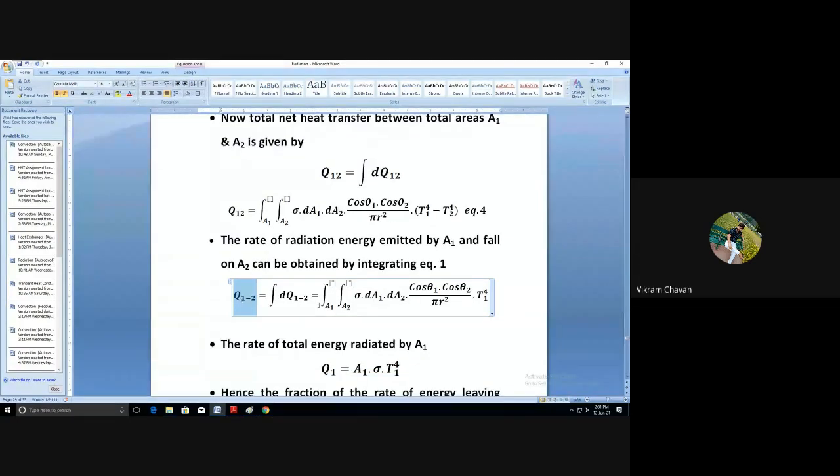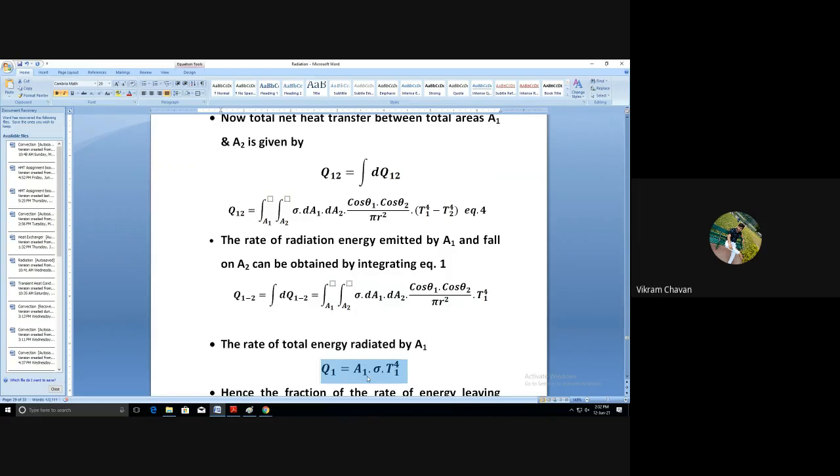But this is the amount of energy transmitted in a particular direction. Okay, but the body transmits the radiation in a diffused manner. So in a particular direction, the amount of radiation transferred by the body is equal to this much, but the actual total amount of radiation diffused from that surface is equal to q1, which is equal to A1 multiplied by sigma multiplied by T1 raised to 4.